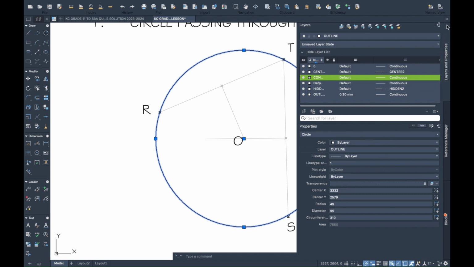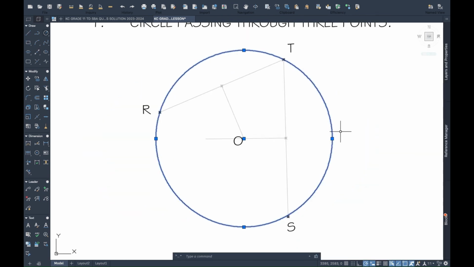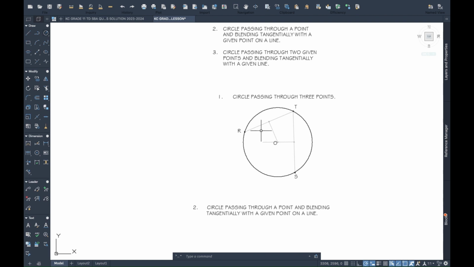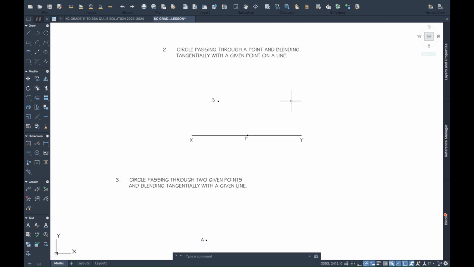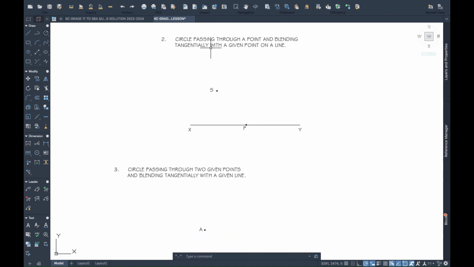All right, so there we have it. Getting a circle to pass through 1, 2, 3 points. All right, that is how we get that one. So objective 1 complete. Now let's move on to circles passing through a point and blending tangentially with a given